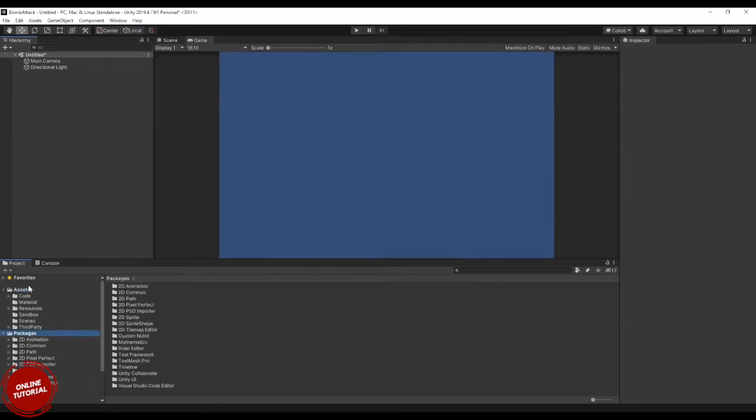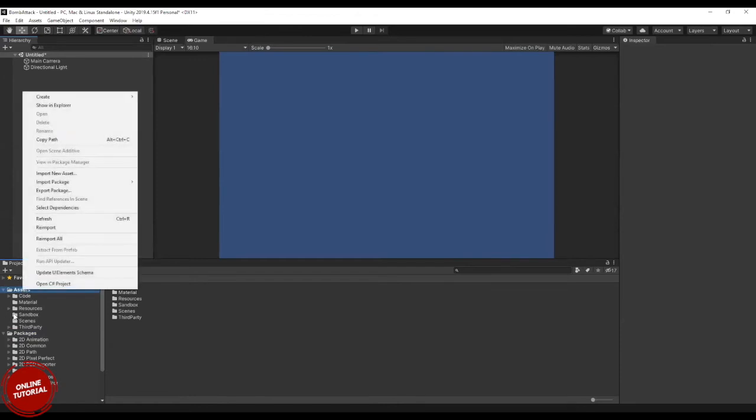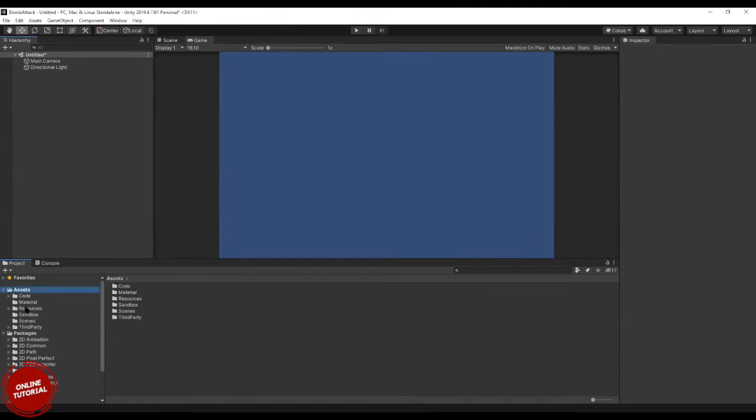In project we have mainly two folders. One is the asset folder and the other is the packages folder. Asset folder is where you put all your game related properties and objects. And the packages folder is your library files.